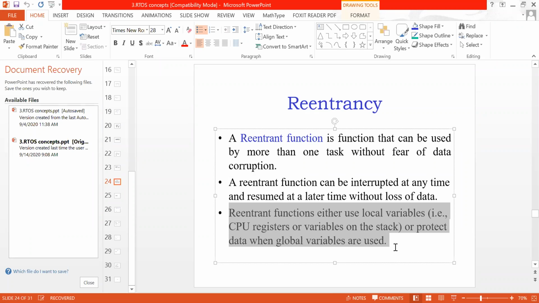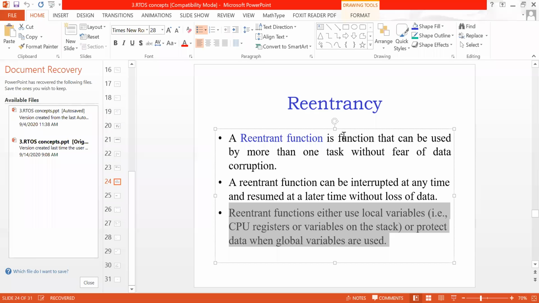Most of the time such problems arise due to the use of global variables. If you define your variable outside the main, before the main function, those variables are called global variables. And if you define your variables inside the main, those variables are called local variables. Just remember it. If you use global variables outside the main function, there are many chances of corruption of your data. That's why you have to be very careful while using global variables. Local variables will give you the correct output, but that is inside the functions.